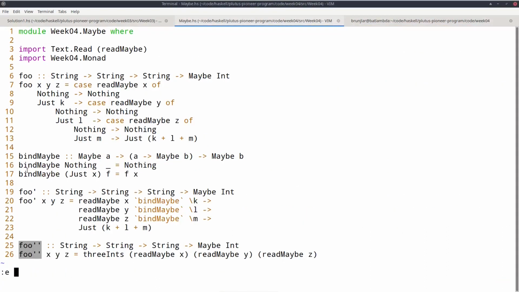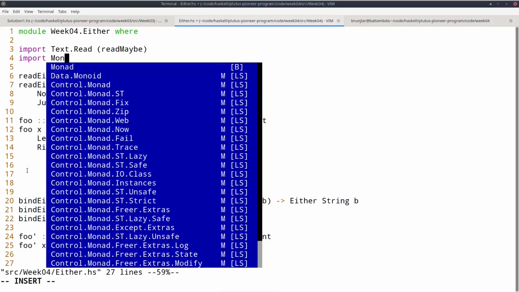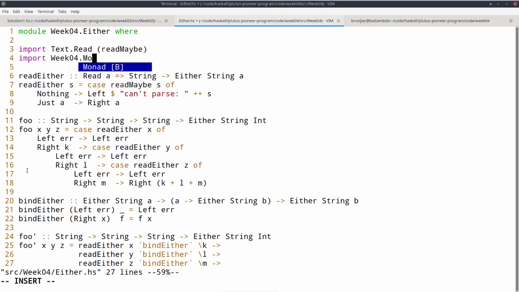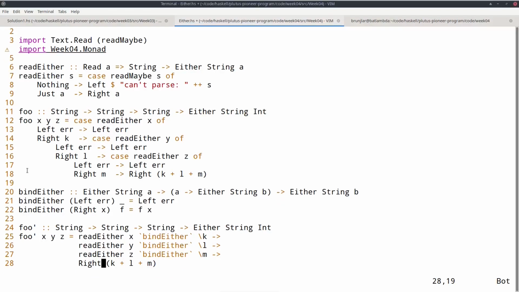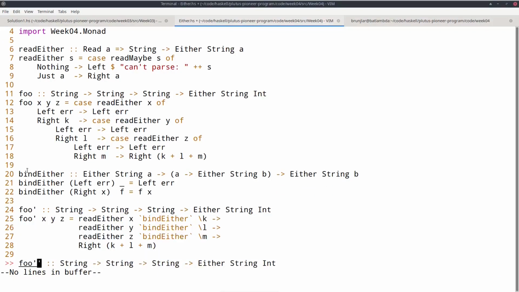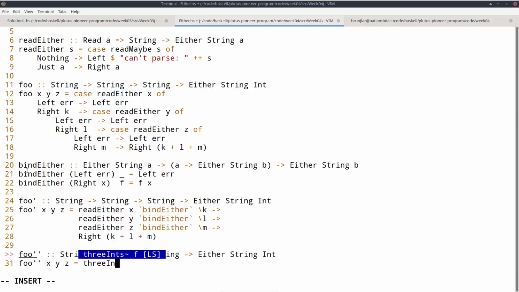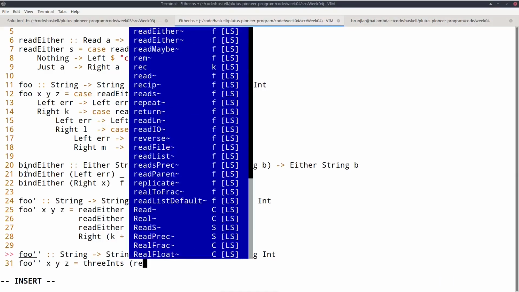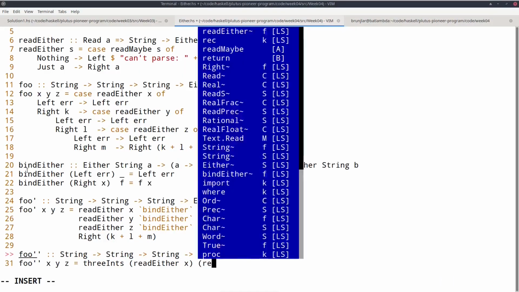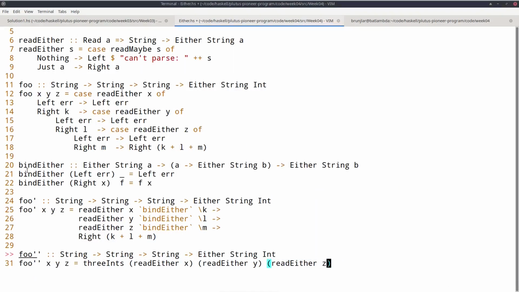I can do exactly the same for either. If I also import this 3 ints function, so in this case it's 3 ints read either x, read either y, read either z.